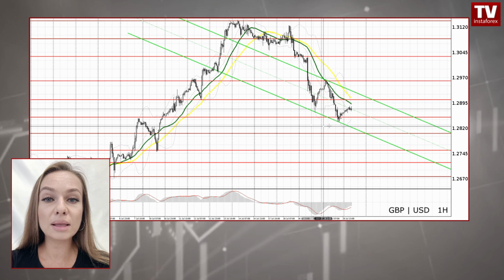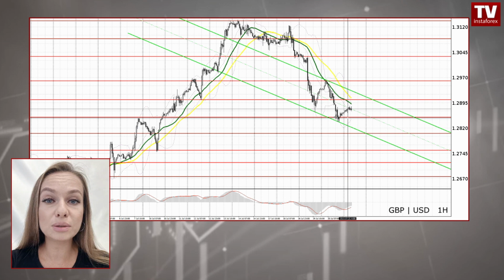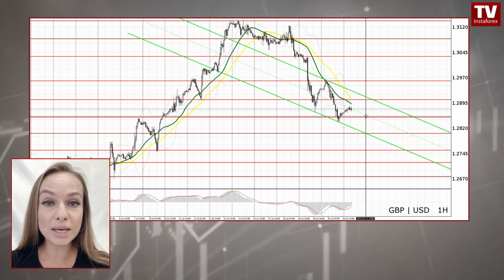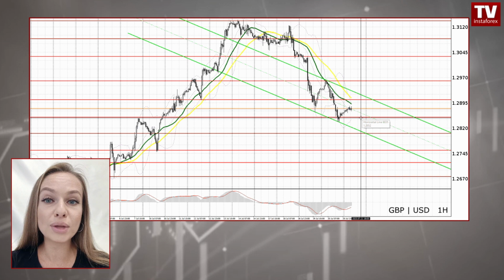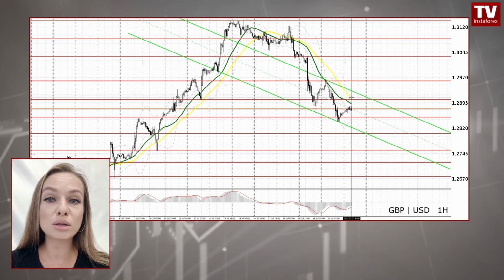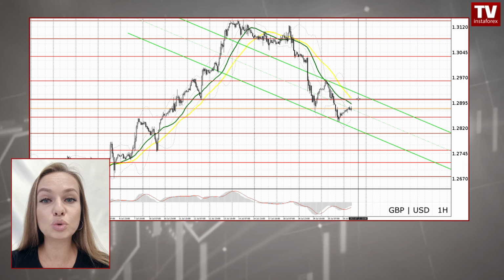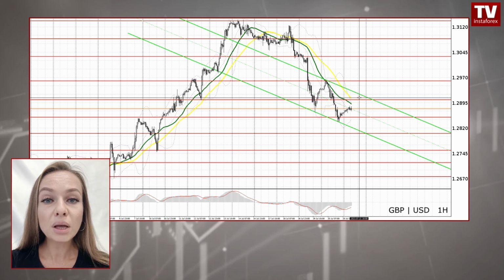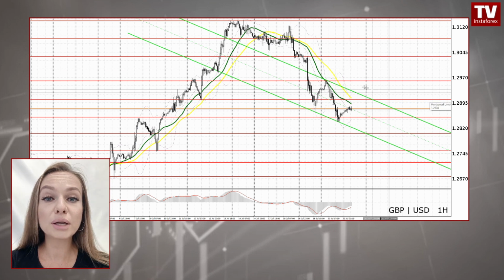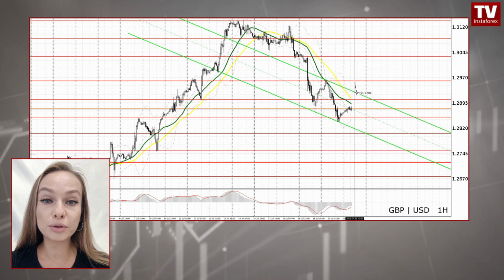Bulls are likely to take the lead at around 1.2852. A false breakout at this mark will create a buy signal, pushing sterling up to 1.2904. If the price breaks through this level and tests it from the top down, another strong buy signal will be generated. Thus, the British currency will have every chance of recovering to 1.2960. At this mark, traders are recommended to go short on a rebound, trying to catch an intraday correction of